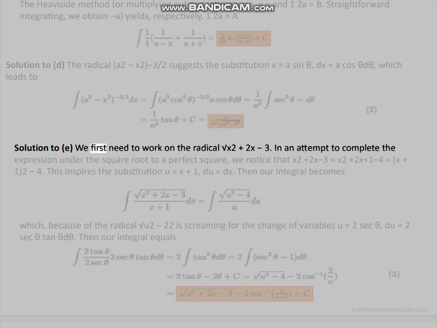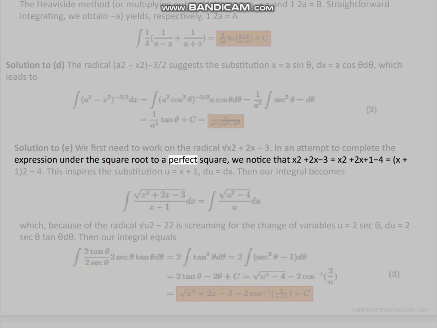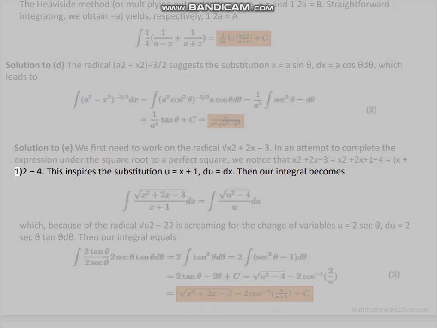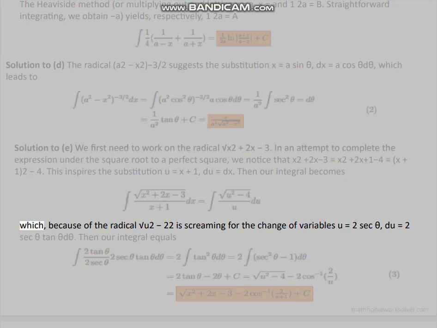Solution to E. We first need to work on the radical square root of x2 plus 2x minus 3. In an attempt to complete the expression under the square root to a perfect square, we notice that x2 plus 2x minus 3 equals x2 plus 2x plus 1 minus 4 equals (x plus 1)2 minus 4. This inspires the substitution u equals x plus 1, du equals dx. Then our integral becomes, which, because of the radical square root of u2 minus 22, is screaming for the change of variables u equals 2 sec theta, du equals 2 sec theta tan theta d theta. Then our integral equals